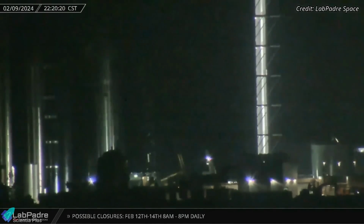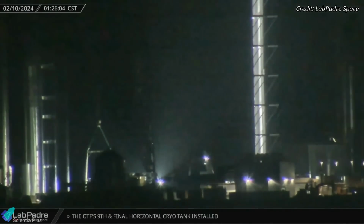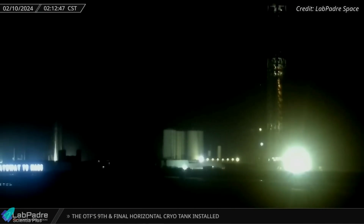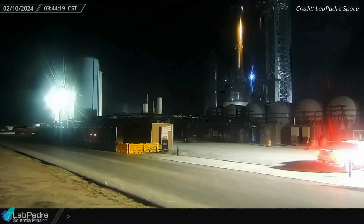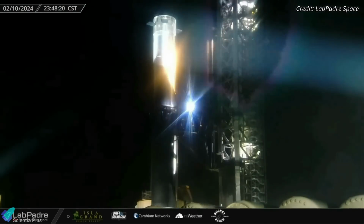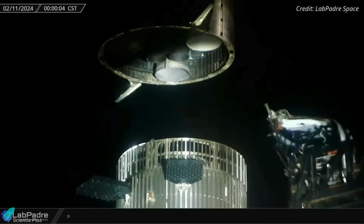Following engine replacements and thorough system checks, Ship 28 departed the production site on February 9. After an hour-long journey, Ship 28 arrived at the launch site and moved towards the launch pad to take position in between the launch tower arms. Subsequently, the ship was lifted and placed atop Booster 10, marking the first time those vehicles were stacked on the